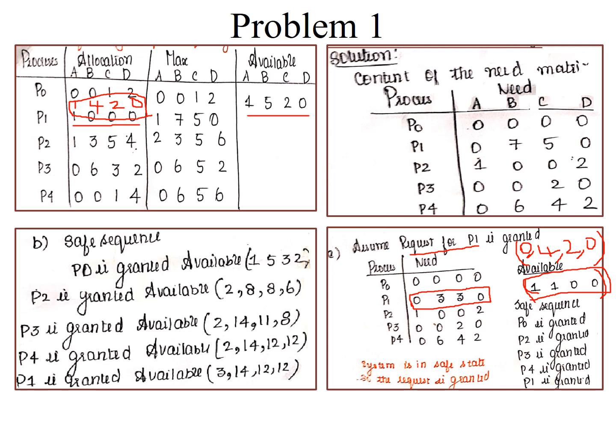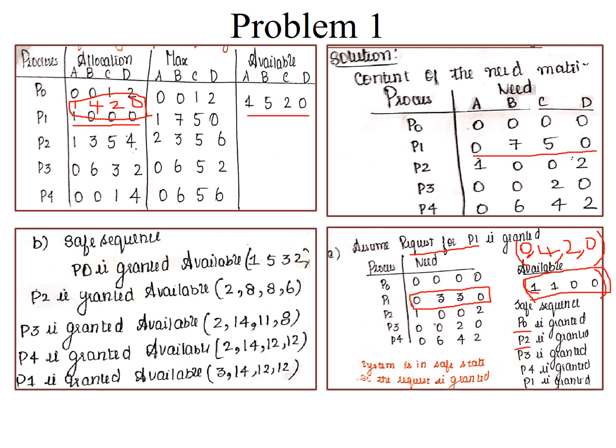Need becomes need minus request. So you can see here that from 0 7 5 0 the need gets reduced to 0 3 3 0 because we have already allocated. Once these values are updated, let us proceed with the safety algorithm